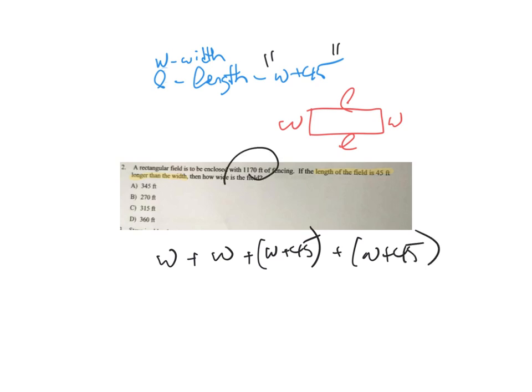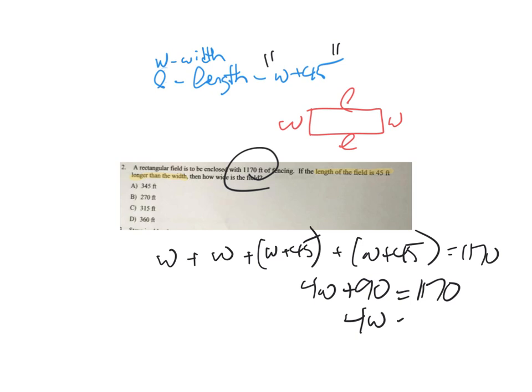And we're also told that we have 1,170 feet of fencing. Add those together, you're going to get 4W plus 90 equals 1170. 4W equals 1080. And W is going to equal 270, which is option B. So the answer to this question is